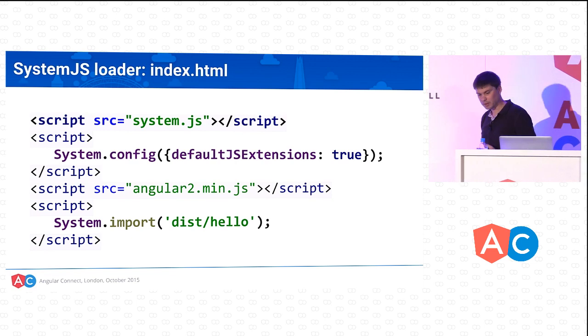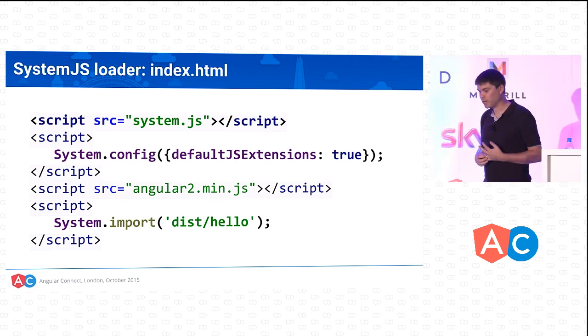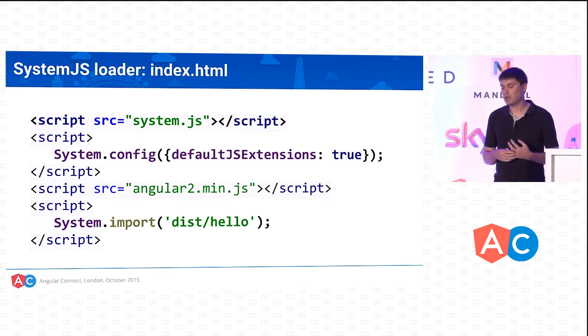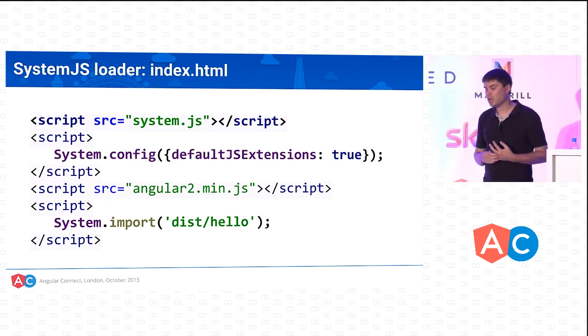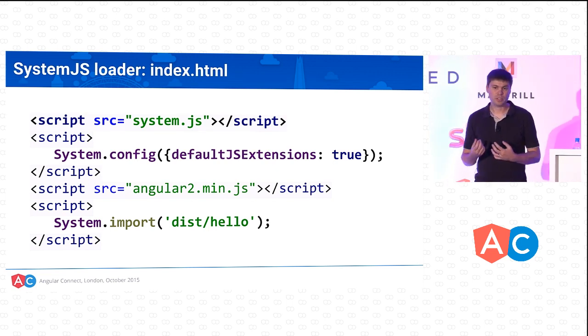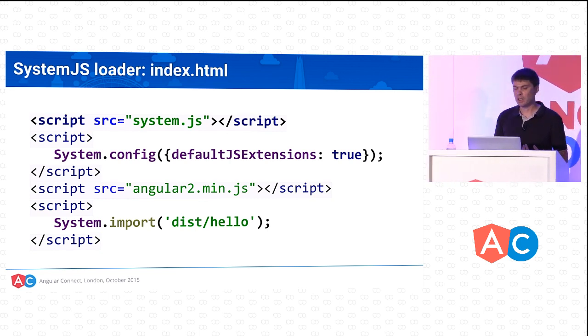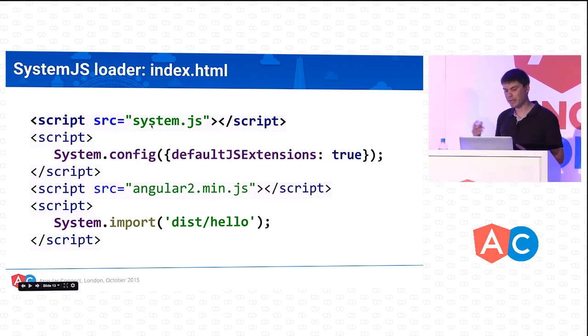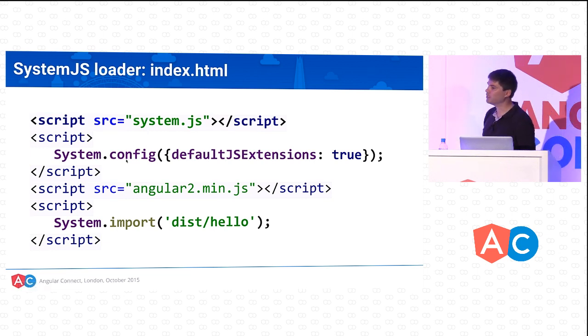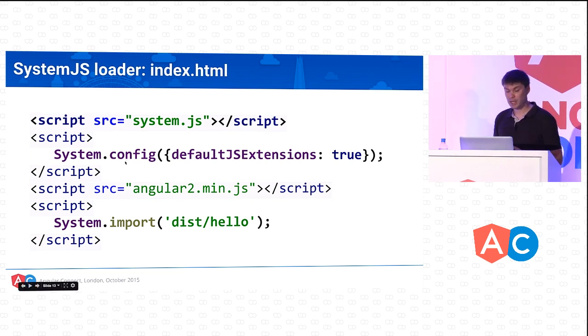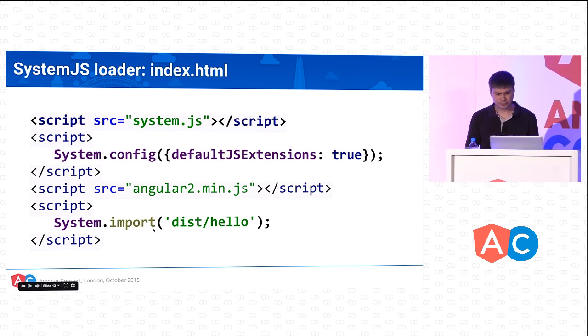That's why in many examples today, on many setups that you can see with Angular.js, you are going to see SystemJS loader being used, and the index.html will look along those lines. So obviously we need to include SystemJS. We need to configure it, and once again, this will be loader specific. This is not something that is part of any specification. And then we can import our entry point to bootstrap the application.